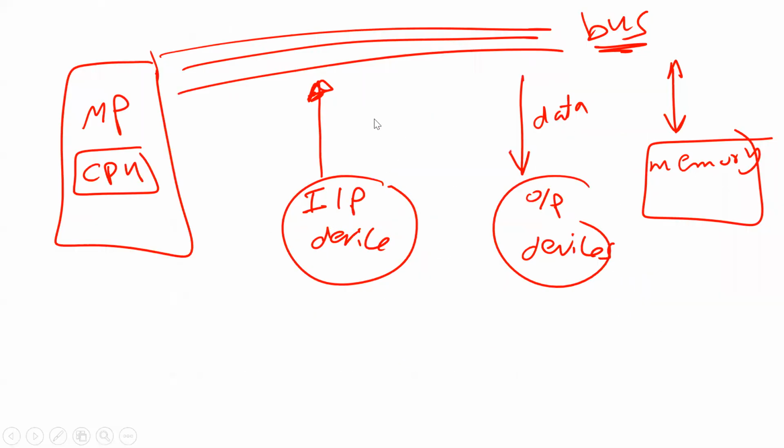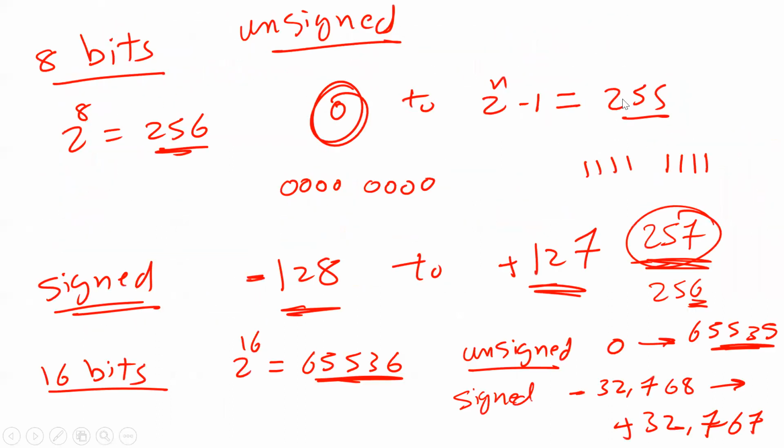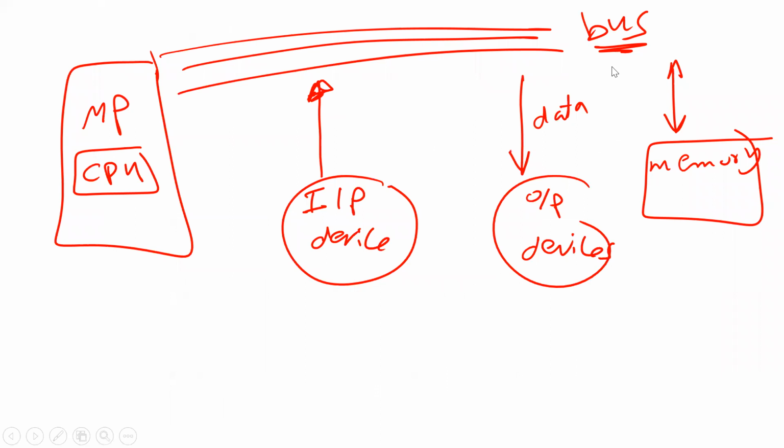Look here, guys. Let's start with buses. What do we mean by bus and why do we need it? We have several input-output devices. The question is, how can I connect these input-output devices to the microprocessor? Should I make a dedicated wire for each input-output device, a wire with this device, a wire with this device? No, because the wiring would be too difficult. Making many wires to many input-output devices doesn't work this way.